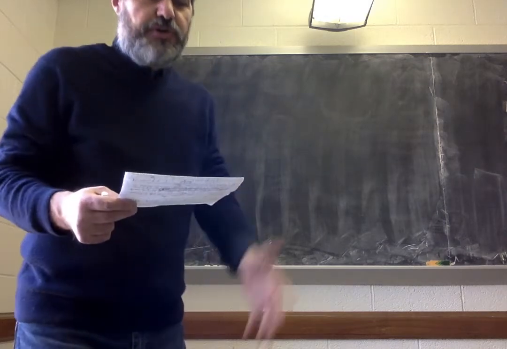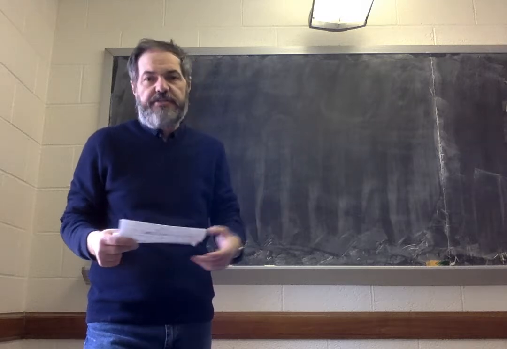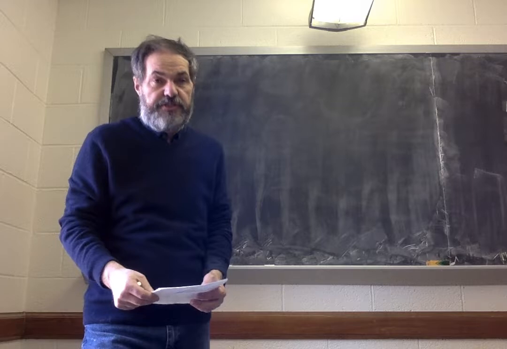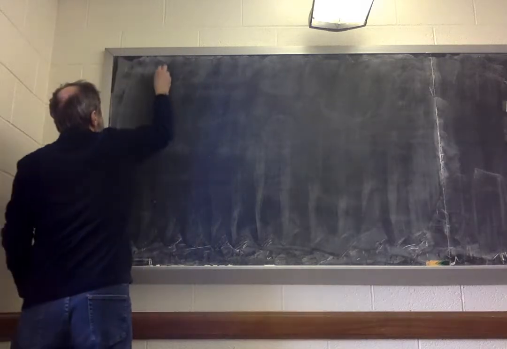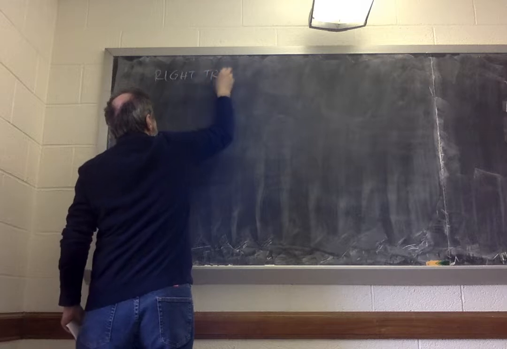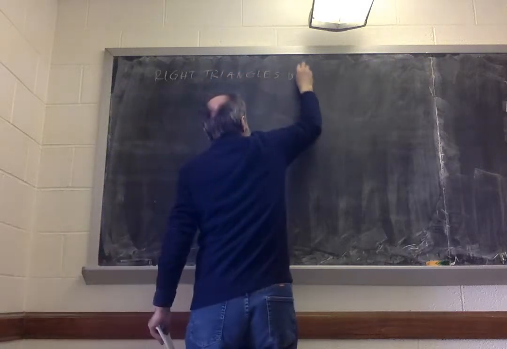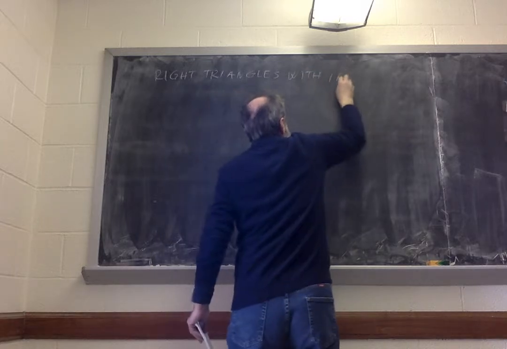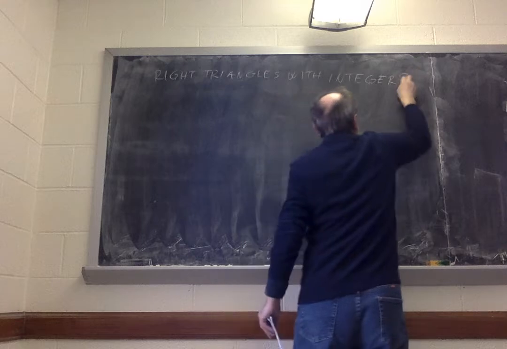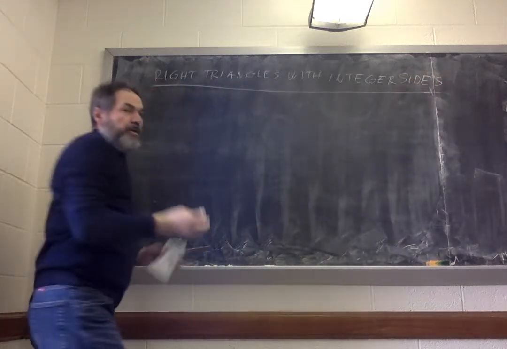So we need to talk now about Pythagorean triples or Pythagorean triangles. In other words, right triangles with integer sides. So let's say right triangles with integer sides. As an example,